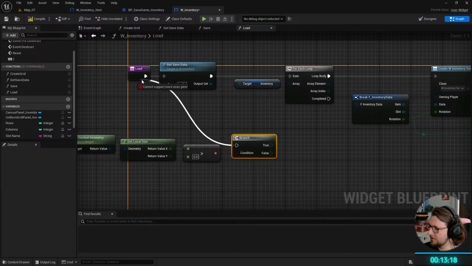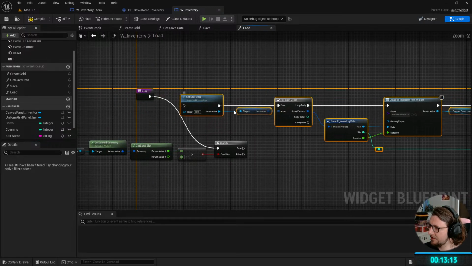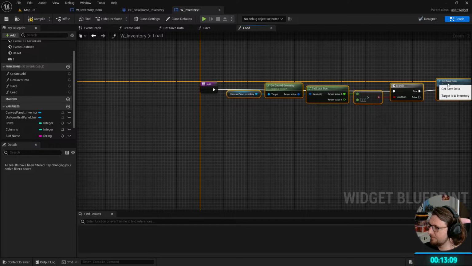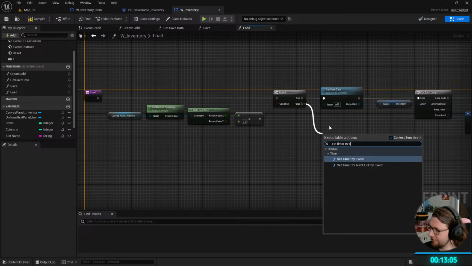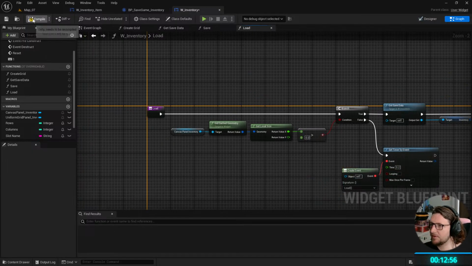If it is, then we'll get the save data and we'll load everything. And if it isn't, then we'll set a timer by event, create, and we'll just load again. Just do that in 0.2 seconds. Okay, so